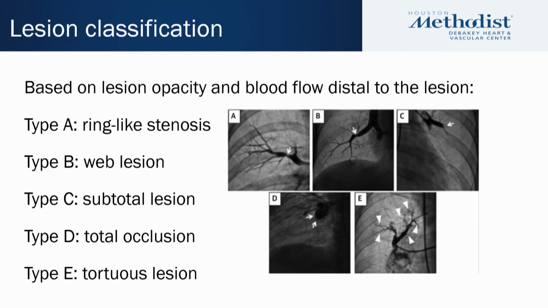The same goes for web lesions. It's a little hard to see on this projection, but typically what you see is a hazy segment of the vessel that suggests that there's a web there, and that multiple operators have now seen on OCT, confirming that, as well as of course the histological samples. Then C and D are the subtotal and total lesions. And those are a little bit higher risk for intervention from a balloon pulmonary angioplasty standpoint,